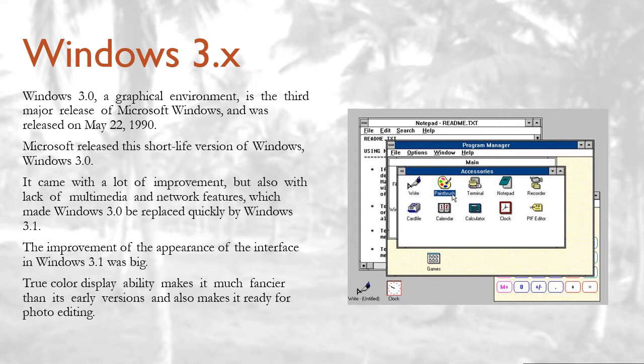It came with lots of improvements, but also with a lack of multimedia and network features, which made Windows 3.0 get replaced quickly by Windows 3.1. The improvement of the appearance of the interface in Windows 3.1 was big. True color display ability makes it much fancier than the early version and also makes it ready for photo editing.